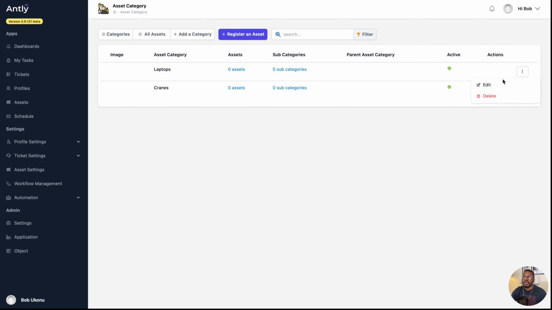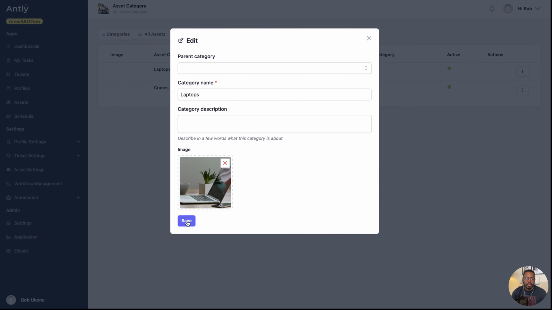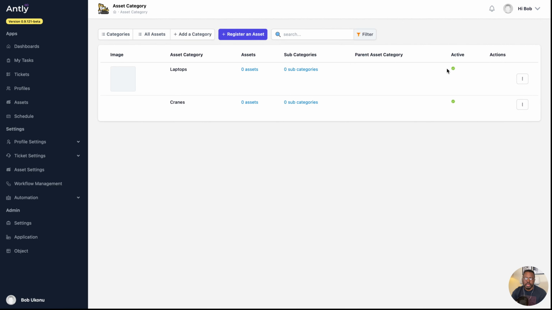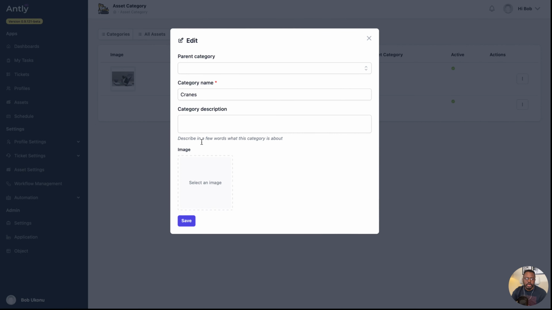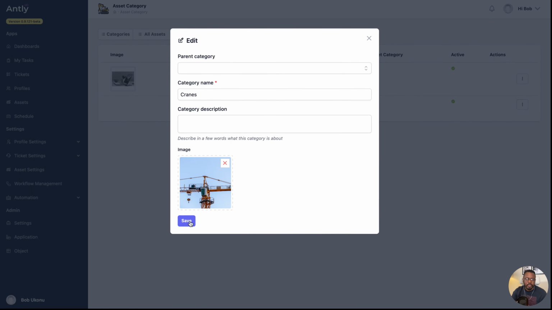Under the assets, I forgot to add pictures. You can add a picture to just make it a bit clearer what you need to do. So you click on that. I'm going to add a picture for the cranes as well. Do that. All right. So once we've added those pictures, the next thing we need to do is to